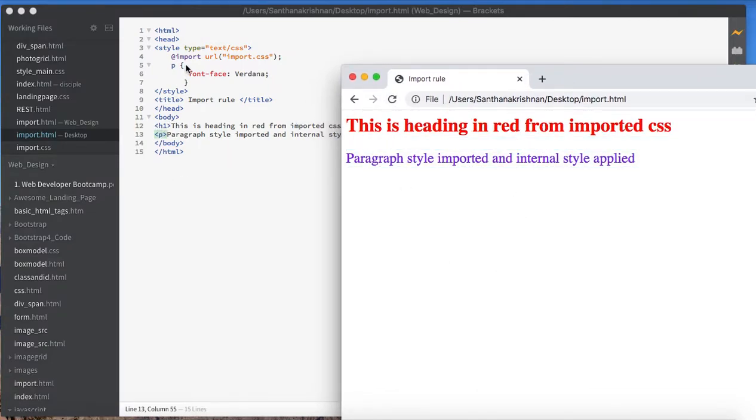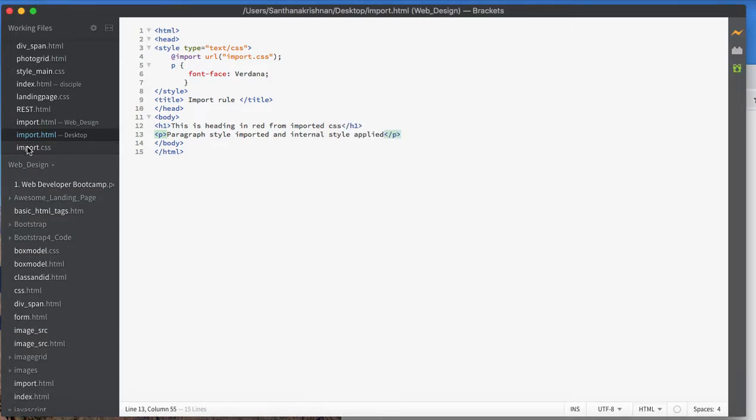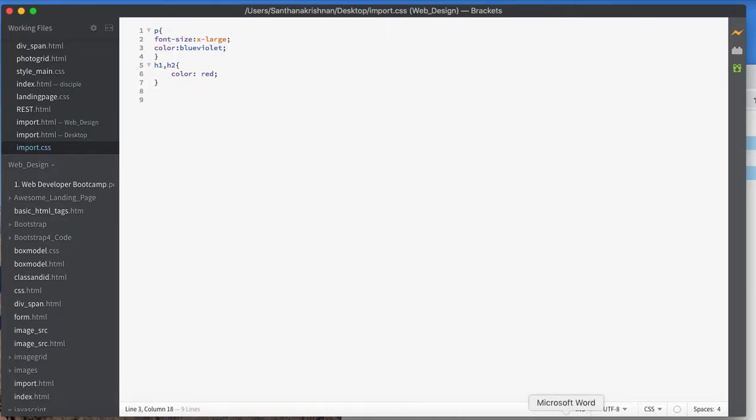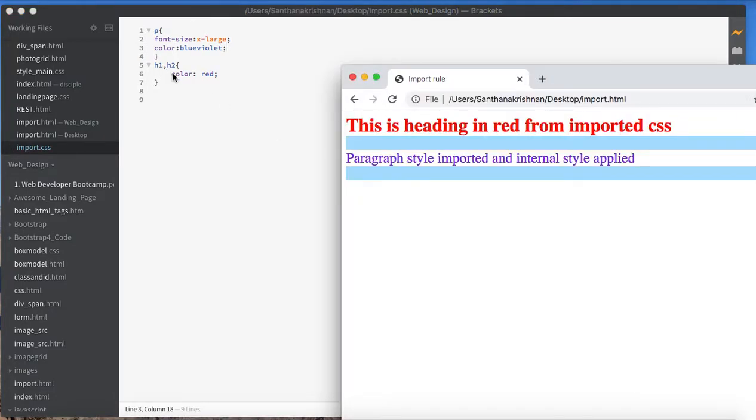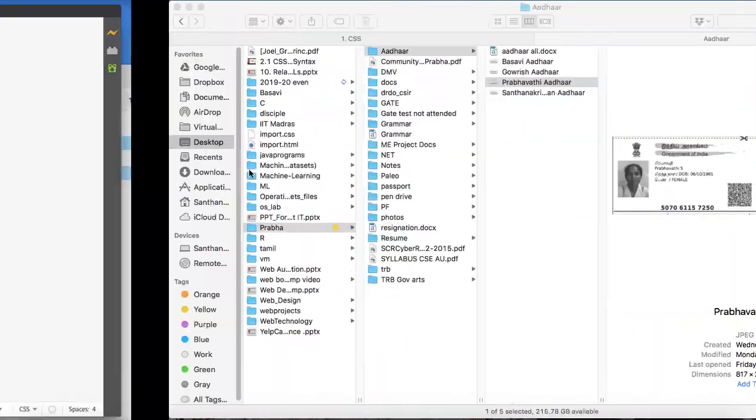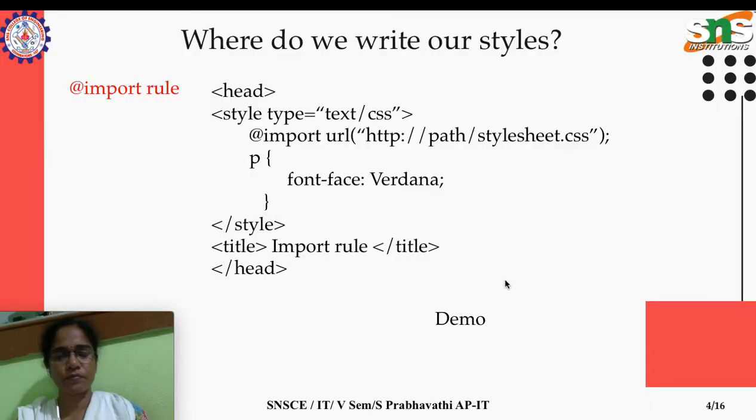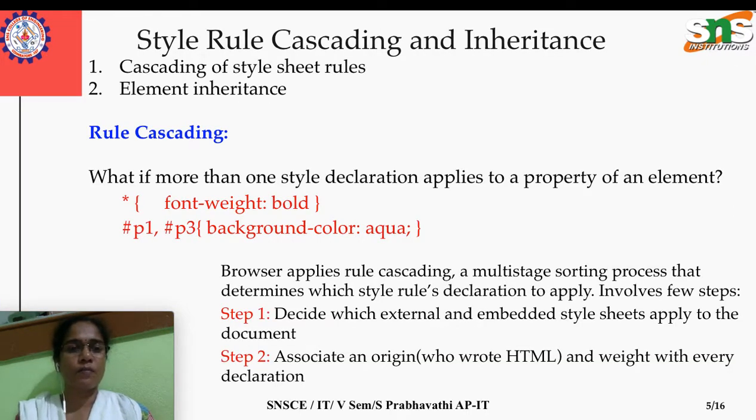Here the h1 is red and the paragraph is given a color and an extra large font size. So that's it about the import rule. It's quite simple, and we'll move on to the next topic, style rule cascading and inheritance.